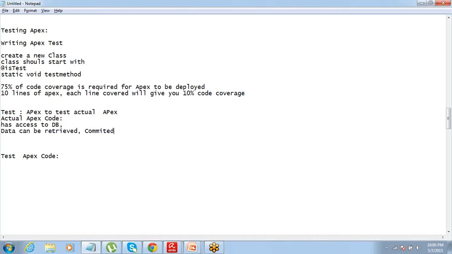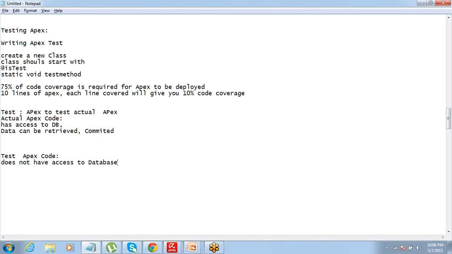Okay, so your actual Apex code has access to the database, data can be retrieved, it can be committed to the database. Your test Apex code does not have access to the database, which means it cannot retrieve any records from the database.